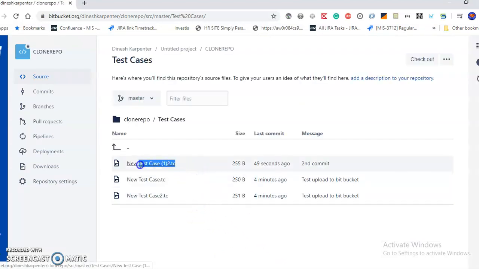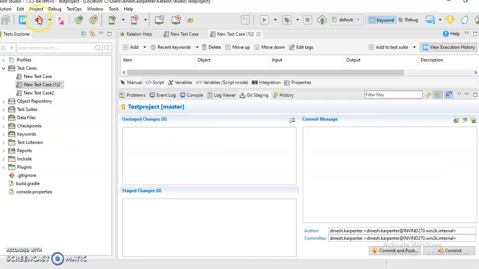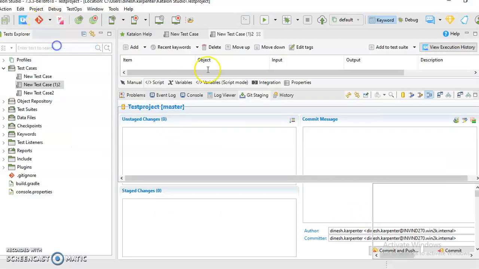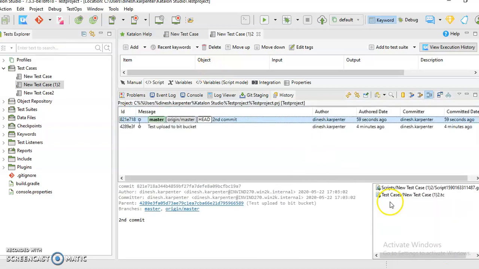So you can see that right now your new changes have been committed here. Or you can also see the history of who has committed or not. You can check the history here, right? This one. So I hope you guys have an idea now of how to upload your new project from Katalon to Bitbucket, and then operate from there.